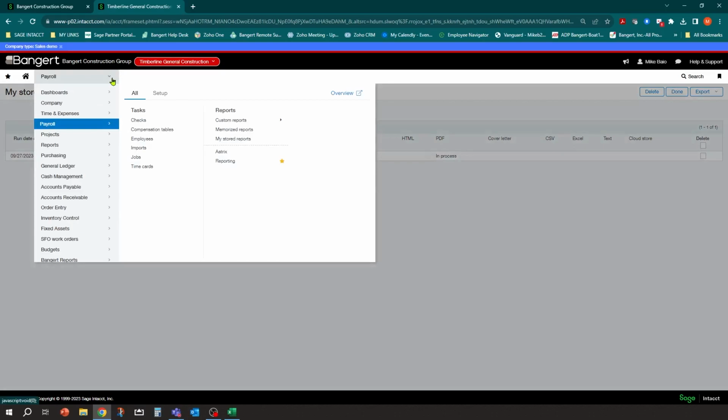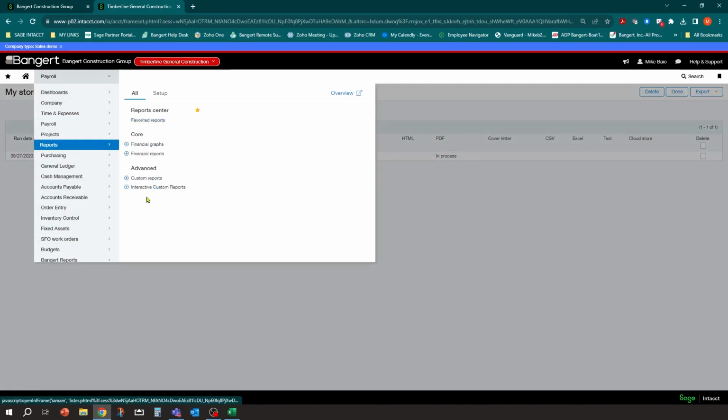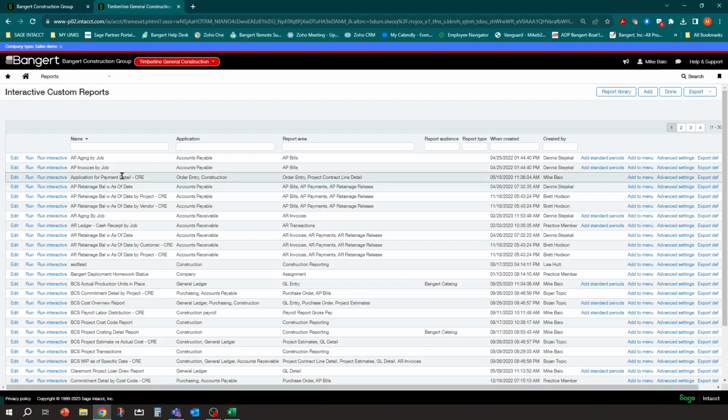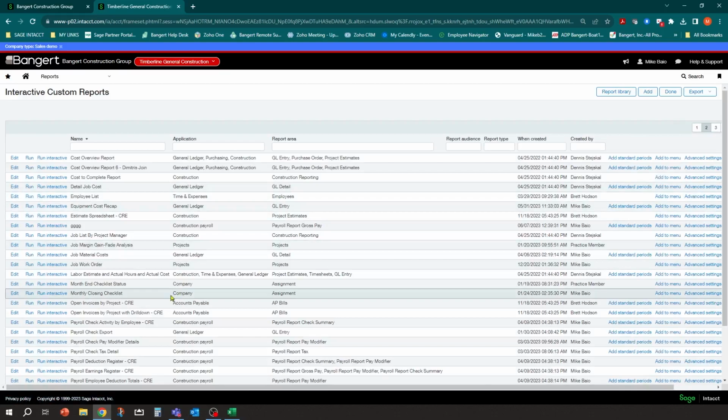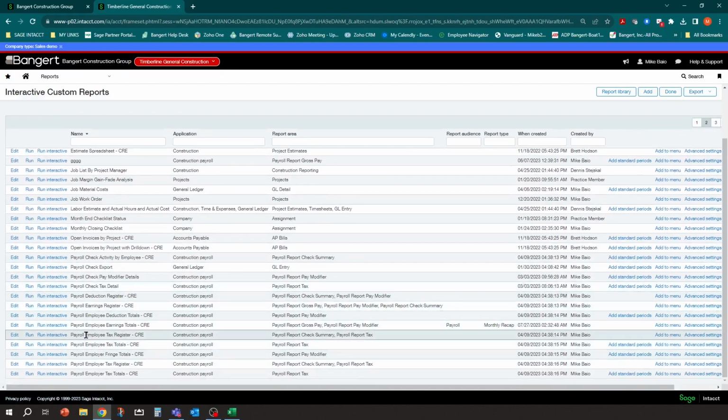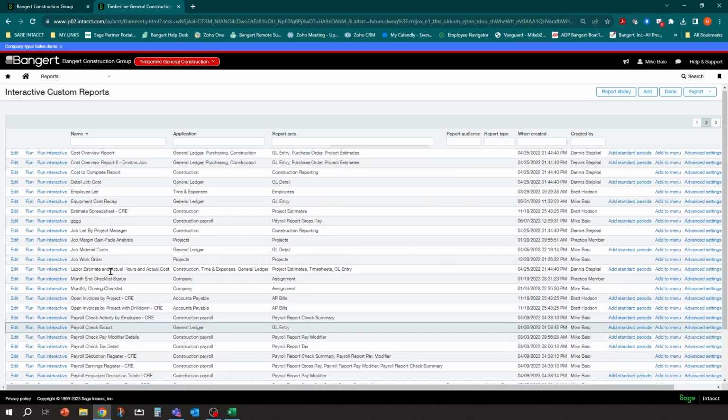So you can do that. If I go back to my reporting area here, I can run those reports. As you can see, I can run those any way I want. You can run them off multiple reports. You could run registers as well. If you want to run the register reports, you can do that too. But there's earning totals, there's deduction totals. Any of the total reports are going to give you that month-to-date bucket that is going to be helpful for you in your system. In addition to that, we do have a few reports that we load up for you when we provision your instance with payroll.